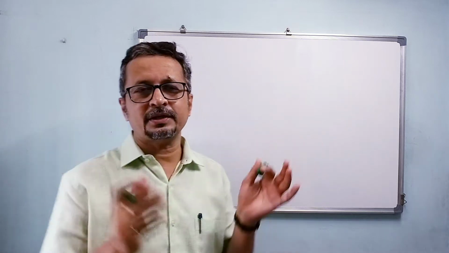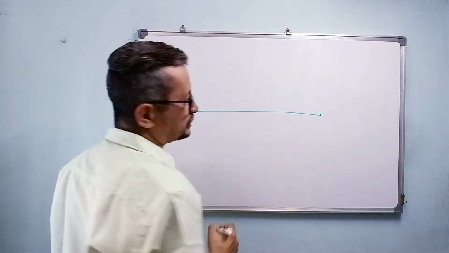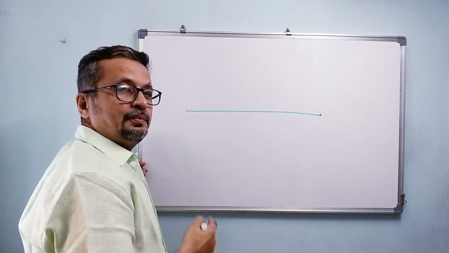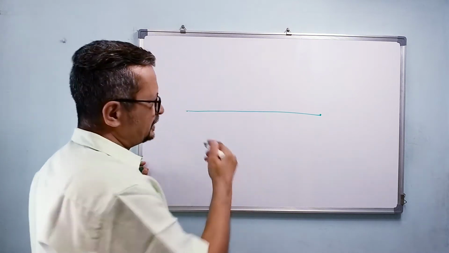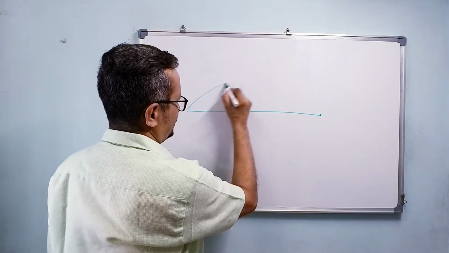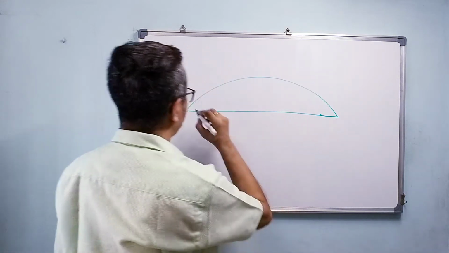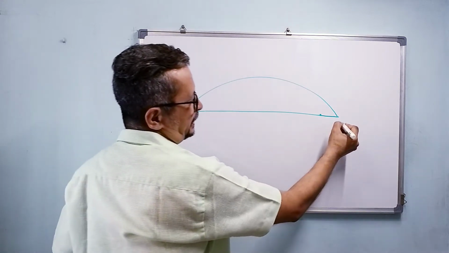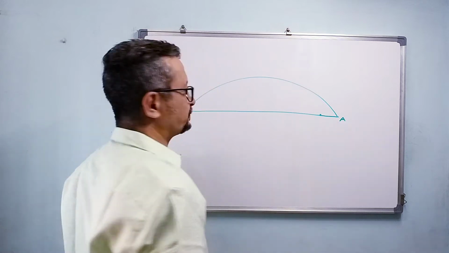Okay, now the example is you are standing on this football ground here. This is the goal post and the ball is here. You want to make the ball land in the goal post. That is your goal, isn't it? So you kick the ball from here, let us say point O here, and it lands in the goal post at point A here.